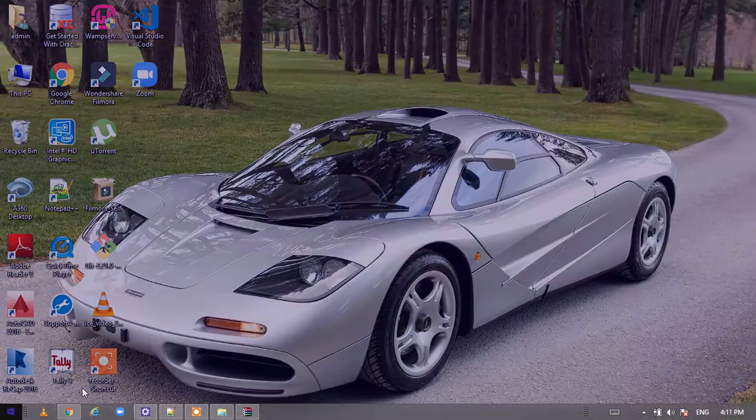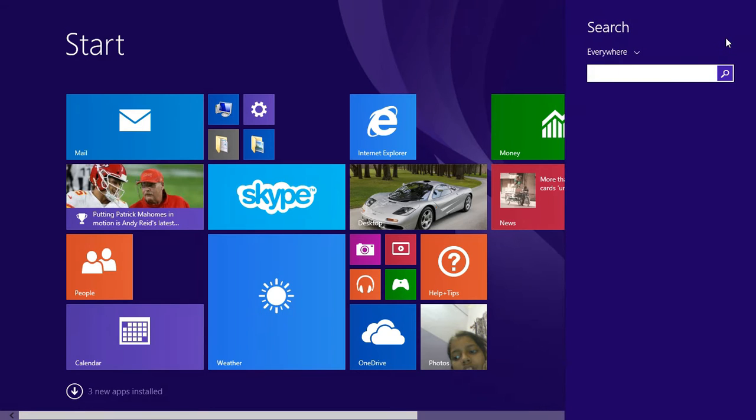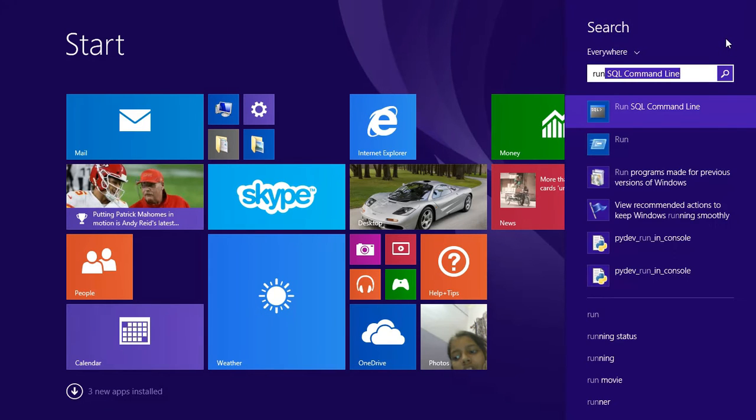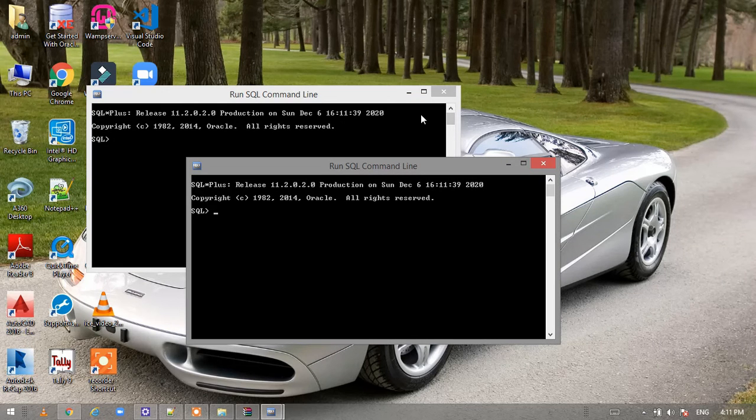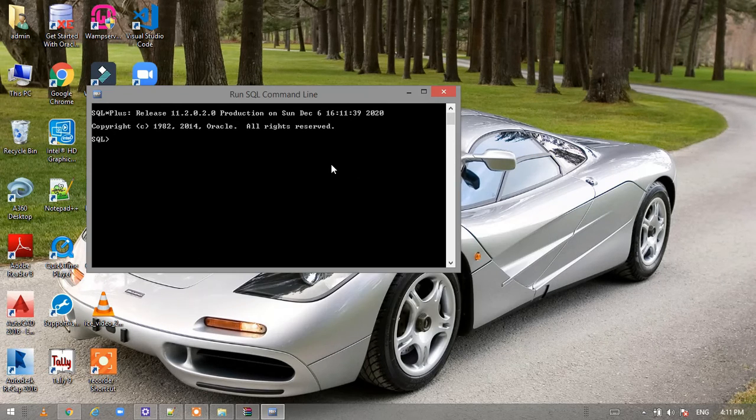For this, you can go to the search bar, type Run SQL Command Line, and double click on it. Oh sorry, I actually clicked it four times. Okay, I'll close one of them. Now remember, there were two users, SYSTEM and SYS.